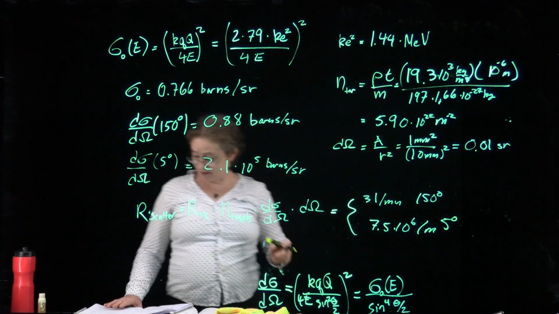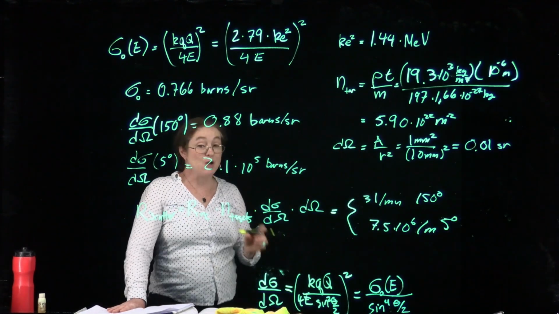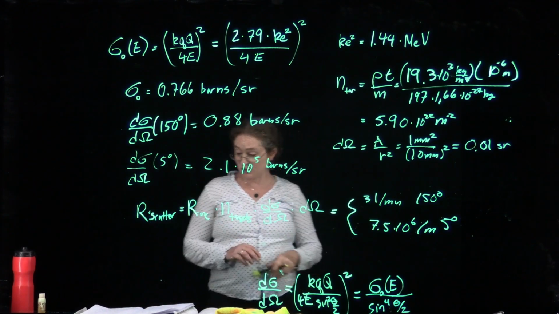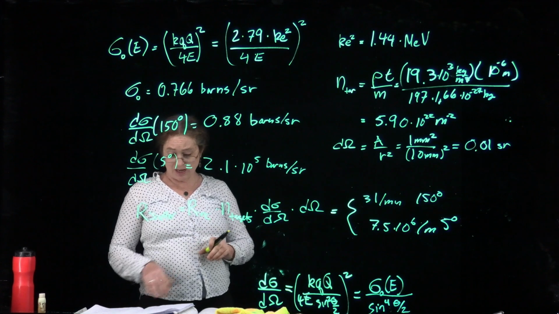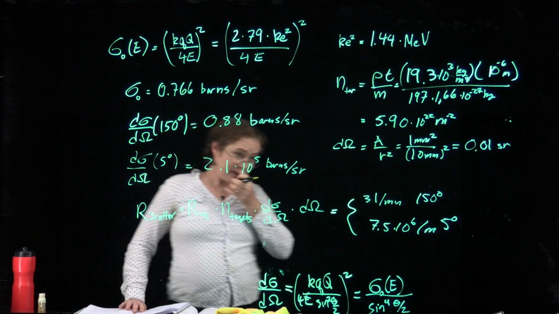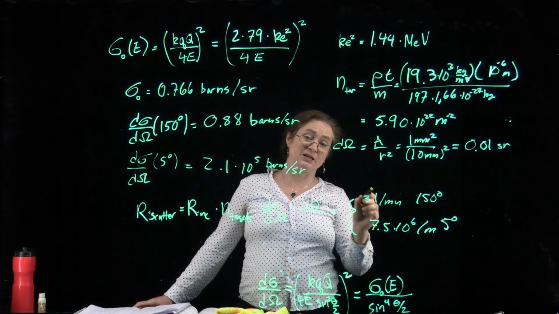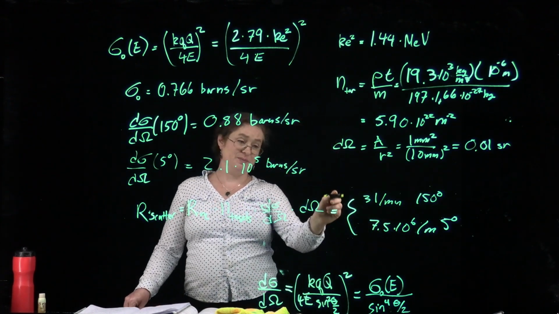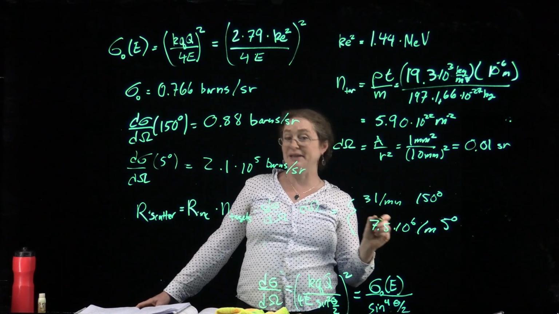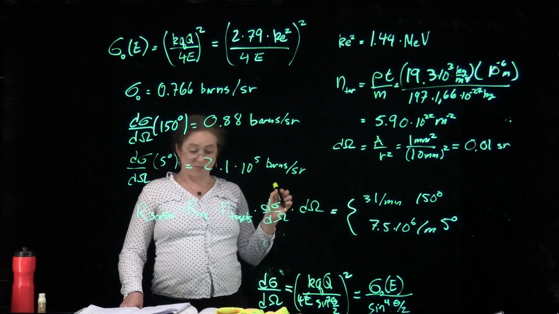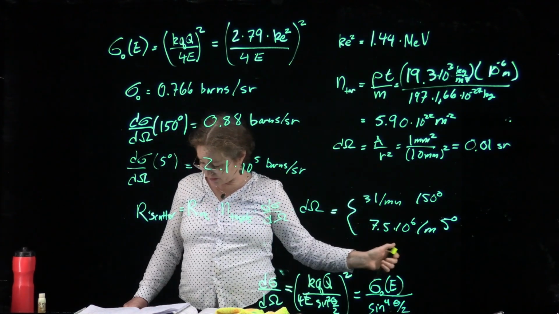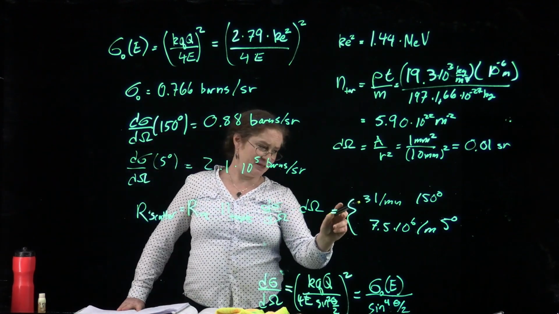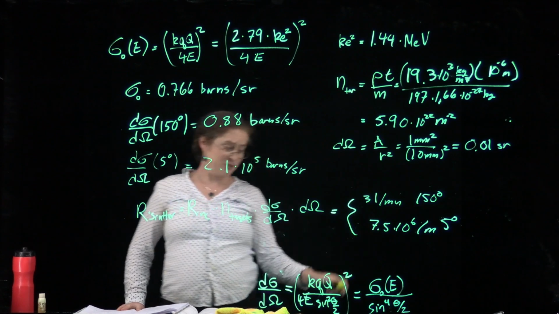Now, of course, at this point in time, they were counting. They didn't have the fancy detectors that we have that automatically do the counting. So here, this you can at least count. This one is hard manually. You can count to 31 in a minute. This one you can't actually count. So that is actually a way in which maybe it's easier to measure here when you're doing some of these